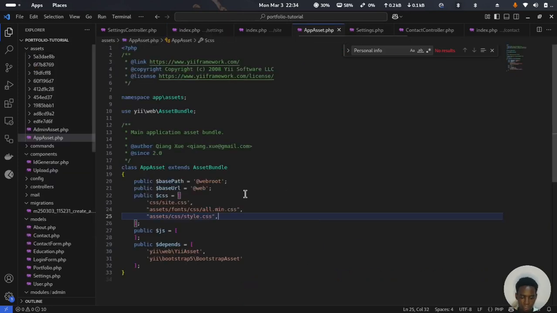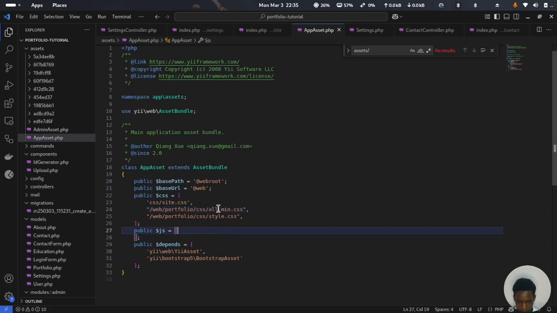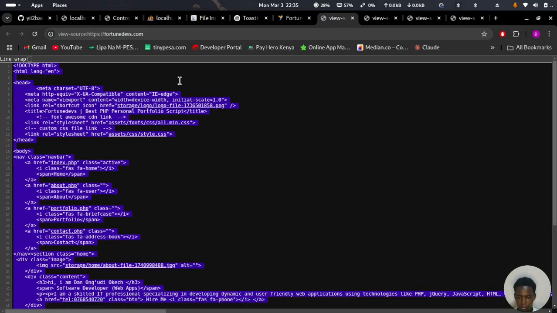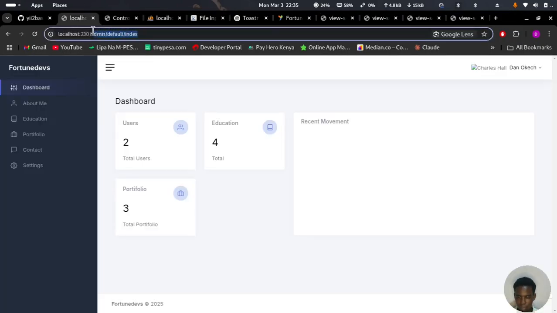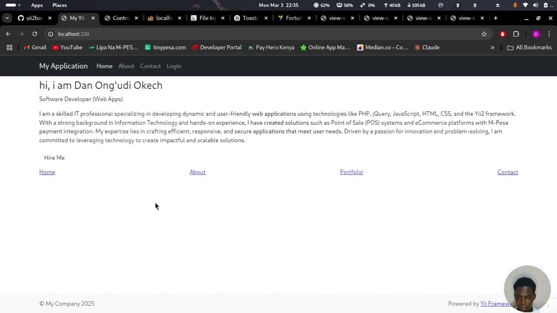So I know the path isn't right, so we need to replace that. So duplicate. It is inside web/portfolio/ and then you can see we have the CSS files. Yeah, they're all inside the CSS file. So if I try loading the localhost now, just without the other things, we can see we have this,